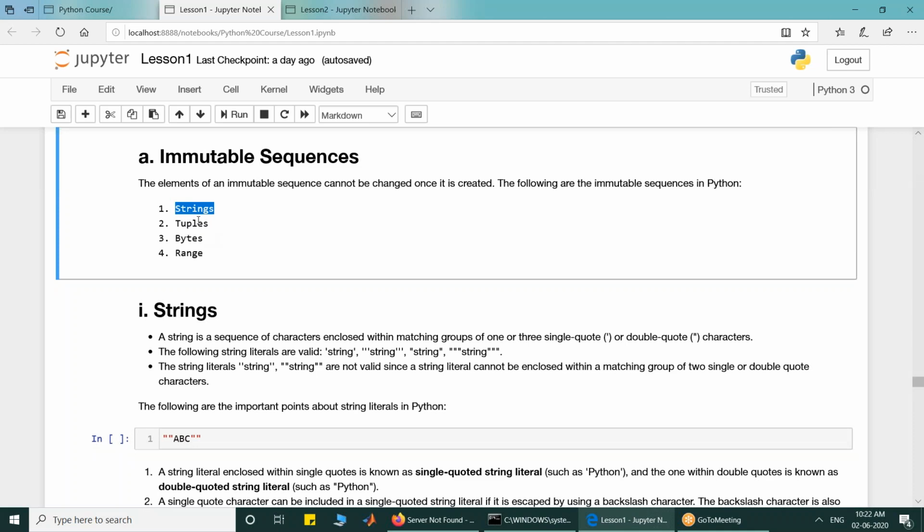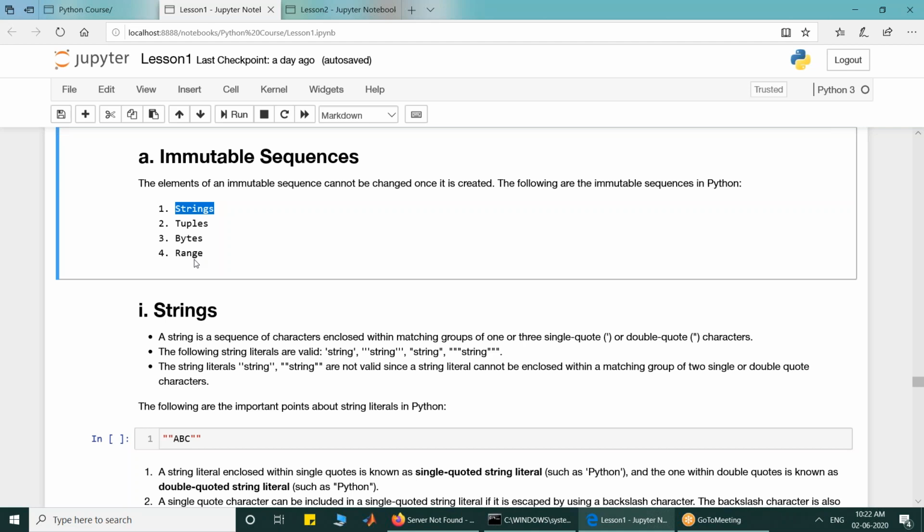So these sequences are collections of elements which can be accessed with non-negative indices. Bytes, we have discussed that byte is a type which is available for usage of 8-bit information, and a sequence of 8-bit information.